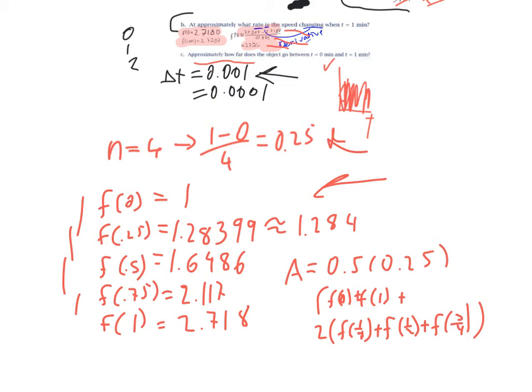My handwriting is horrible, so I will say it, and I hope you are listening as I'm saying it. So the trapezoidal rule formula was 1/2. Oops, that's the wrong button. Okay, let's use blue. It is 1/2 times the width that I talked about. I got that from right here, times the first and the last term, so 1 and 2.718, plus,